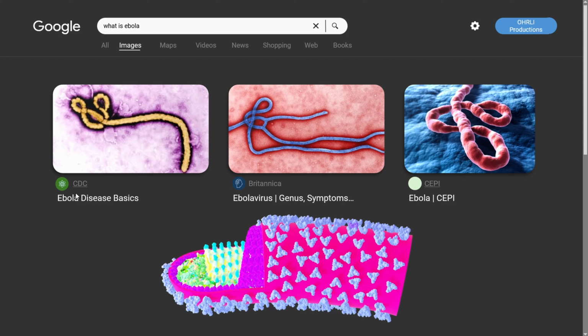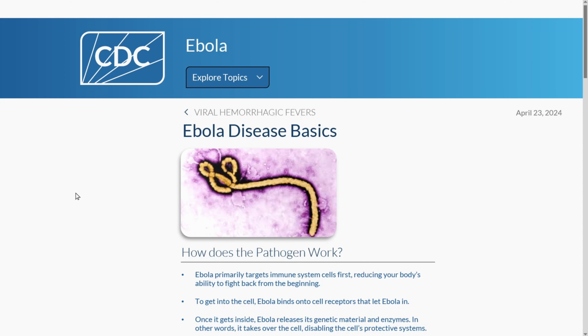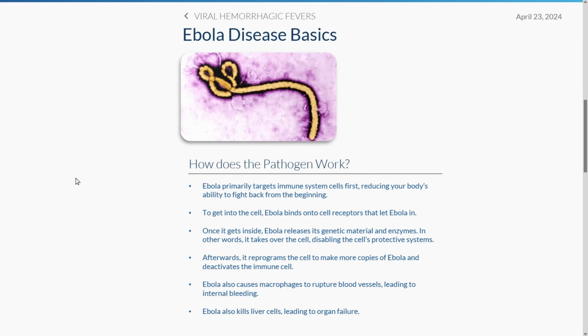Ebola is so hard to deal with because it targets immune cells, hindering your immune system before they even detect Ebola's presence. It can enter a cell by binding onto special receptors on the cell. Ebola first attacks dendritic cells, which are the brains of the immune system, taking the cell's control and stimulating it to create billions of Ebola virus before killing it.